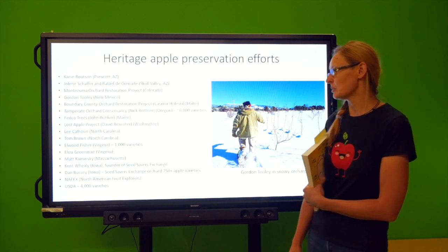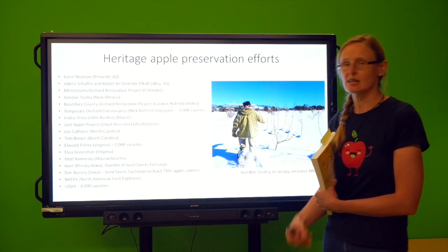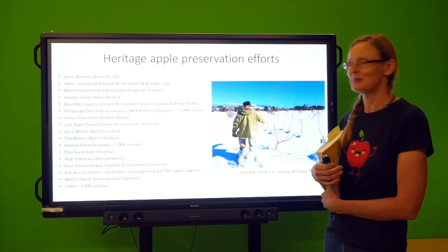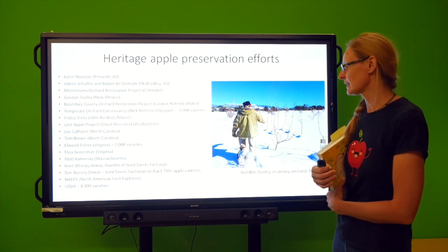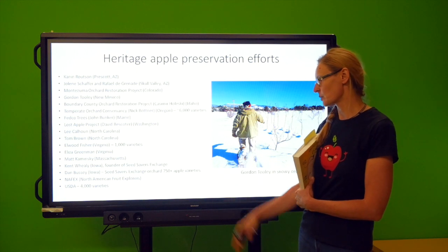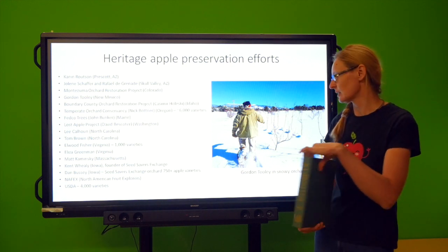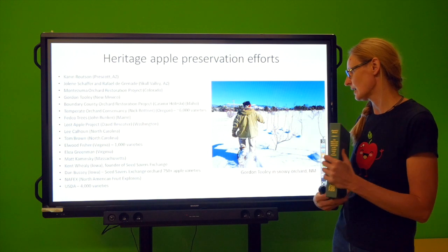Kent Wheely in Iowa. Kent Wheely also passed away a couple years ago, but he was the founder of the Seed Savers Exchange, and with the exchange he started the apple orchard. He started to bring the old apples back into the Seed Savers orchard, and then Dan Bussey took over his work, so that book was a collaboration between Kent Wheely and Dan Bussey, but the Seed Savers Exchange is now at